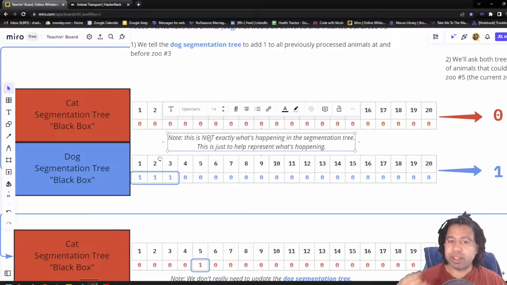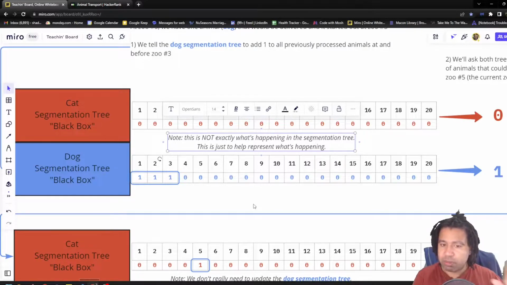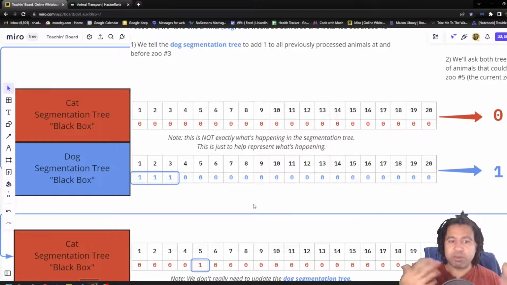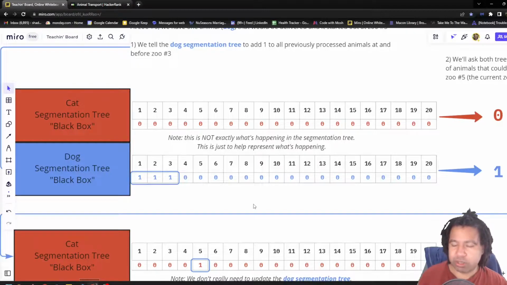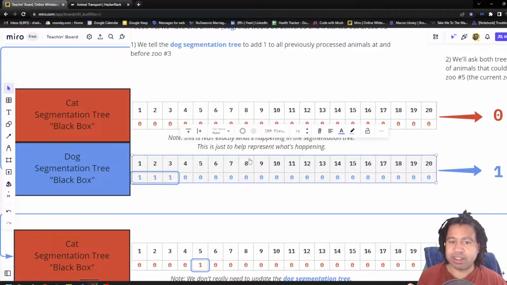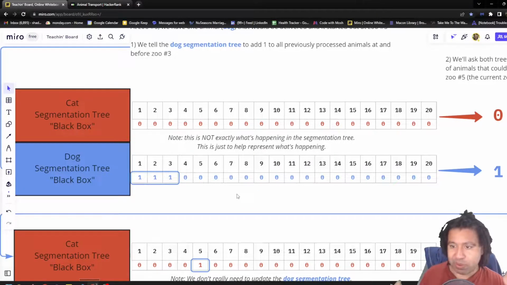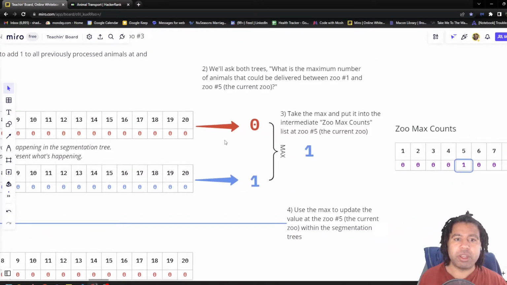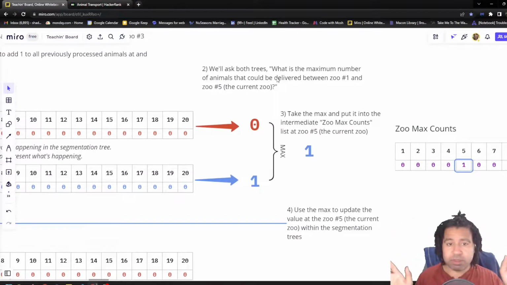Now, I will note here that this is not exactly what's happening in our segmentation tree because we're going to implement it in a very different way. I'm trying to help visualize this in a way that is easy to understand. So even though you see this list here, this is not how it's actually going to look when we implement it. And then we go here and say, okay, now that everything's updated, we can ask